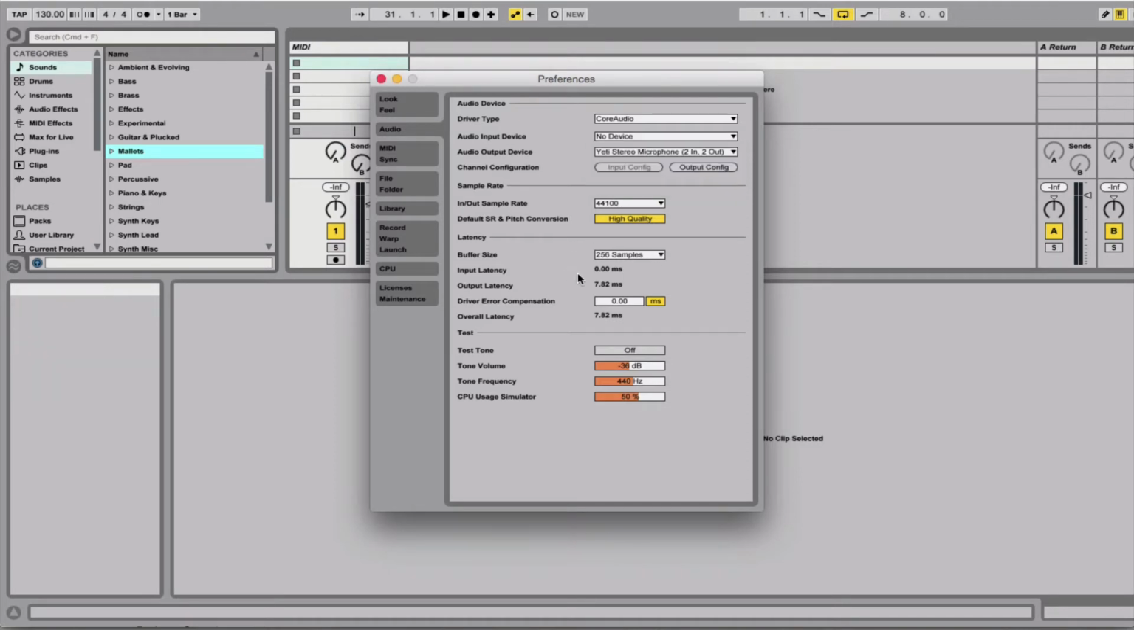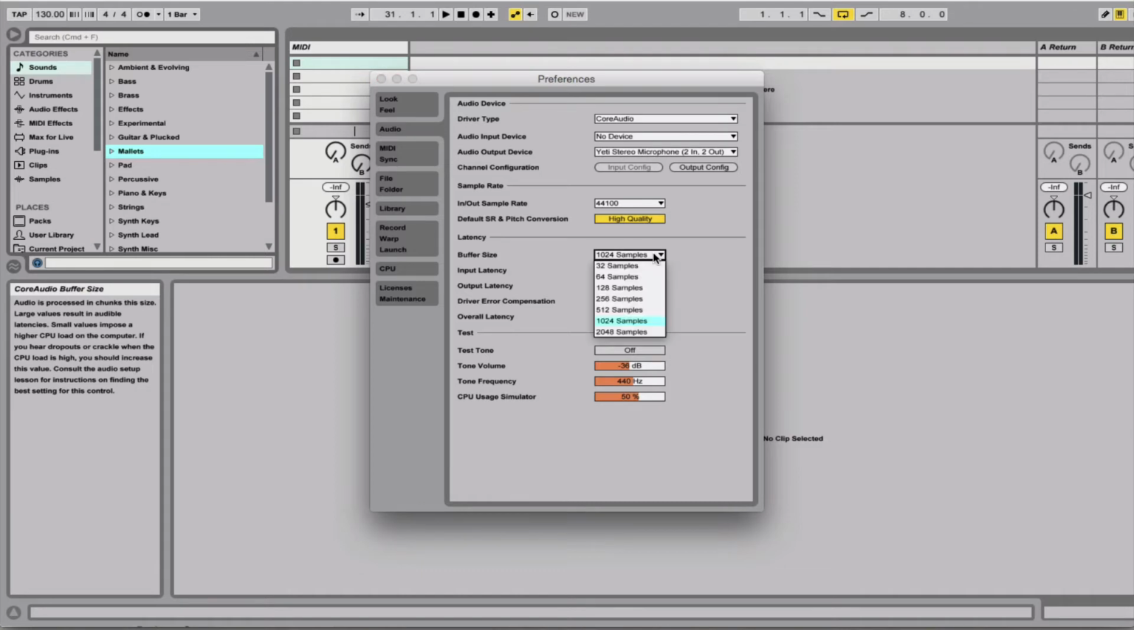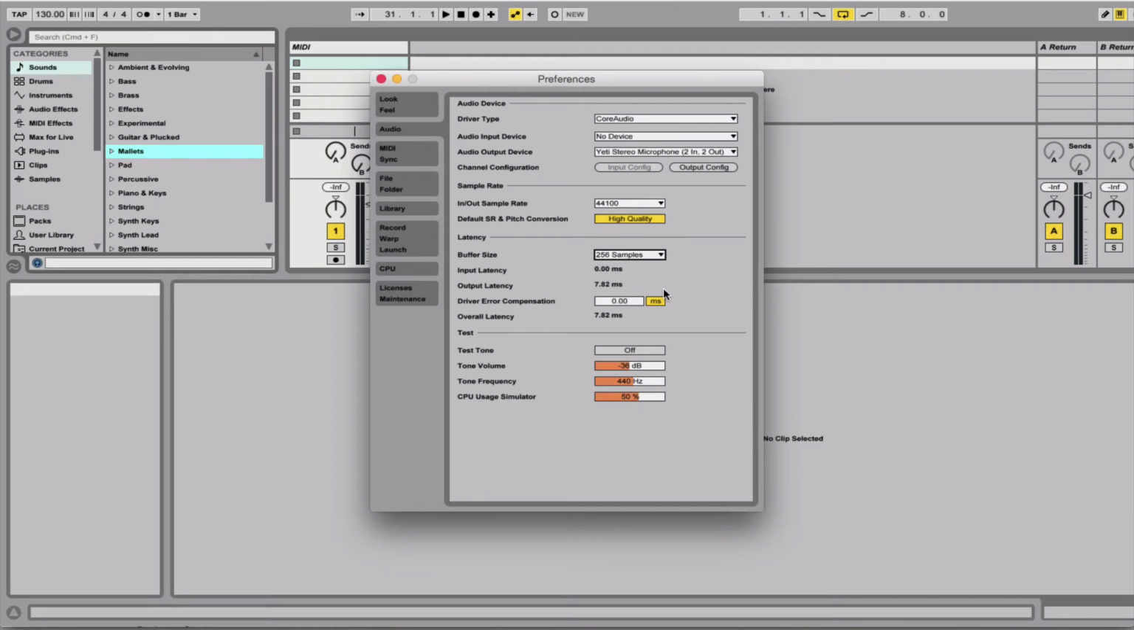Another important section here is the latency section. The buffer size relates to how much lag time you're going to get when recording instruments into Ableton. So the higher the buffer size, the longer the lag time. So it's a bit of experimentation here. You'll generally go for the middle one, go for 256, and if you don't have any audio crackles when you start to do a bit more CPU intensive work, then you should be absolutely fine,